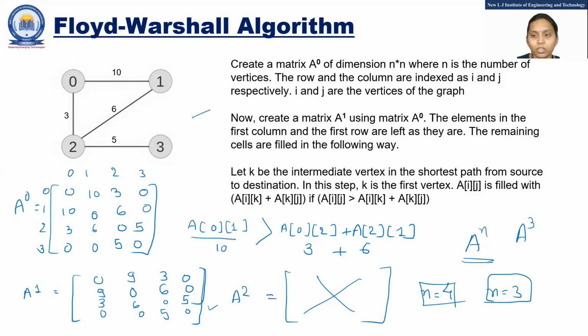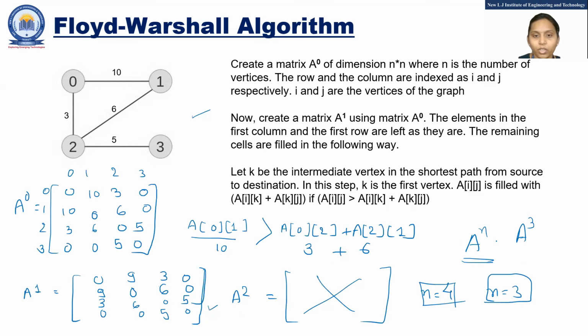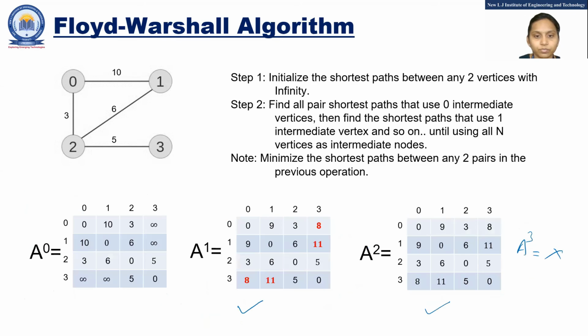But for that, you require a graph which has more edges. But here, no more edges are there. Okay. So this is the final way you can calculate it. This is the answer, that A1 is being changed, but A2 has no change. And if A2 has no change, then you don't require to calculate A3. Fine. If any intermediate stage has no changes, then you don't require to check further. Is this fine or not?